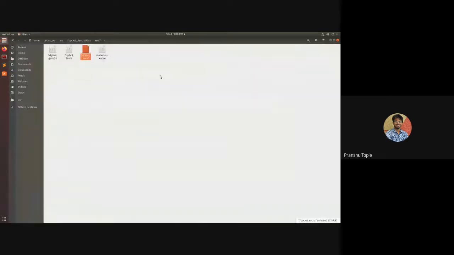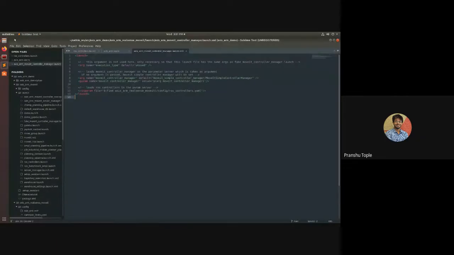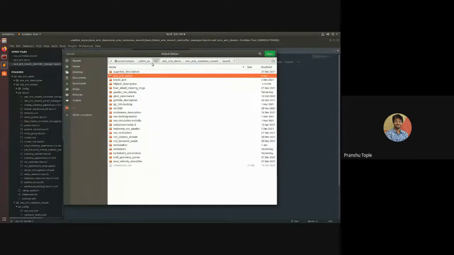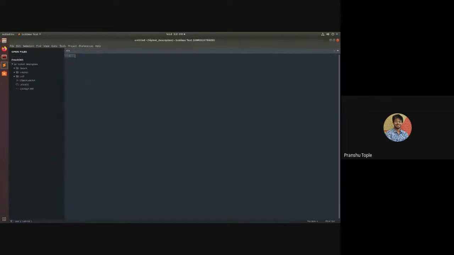Open it in a good text editor. I like Sublime Text, so I will open Sublime Text, open a folder, and select the folder of the FDP bot package. I will say open.